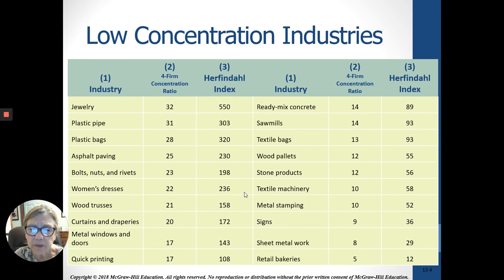Looking at another one, wood pallets, where the four firm concentration has only 12% of the total market. That's one you would think, well, this is such a basic product. I mean, anybody could make wood pallets, true, but although they're really cheap to make, they're probably pretty expensive to ship. So they're probably more localized, more local companies making those for sale in the local market.